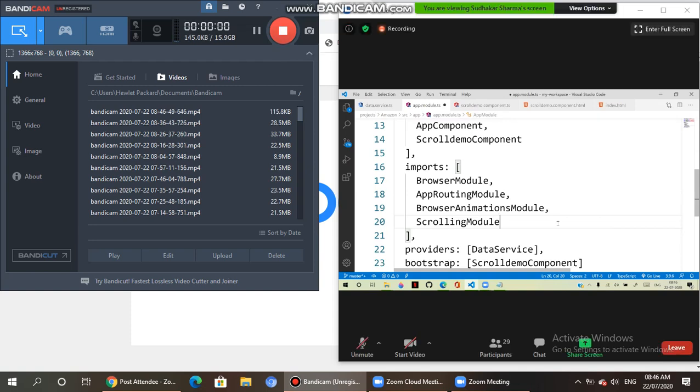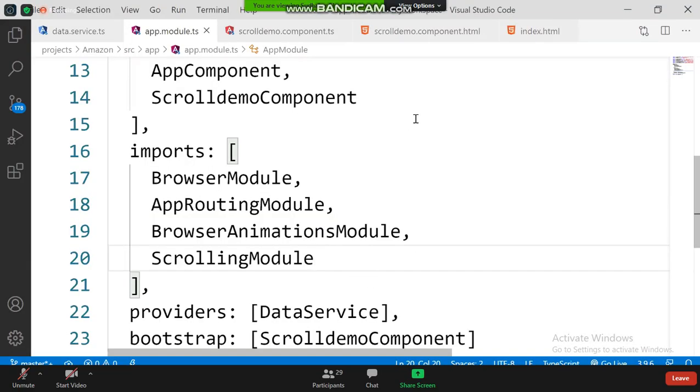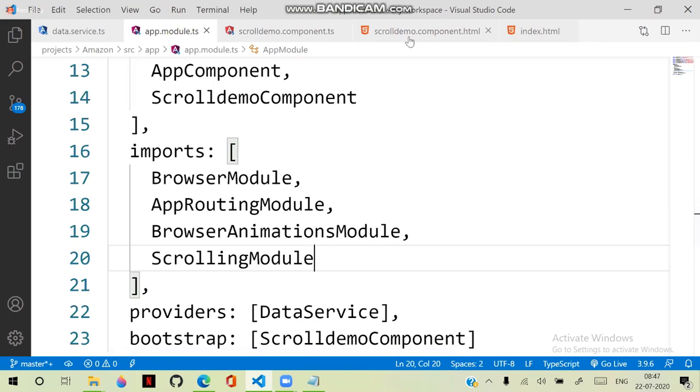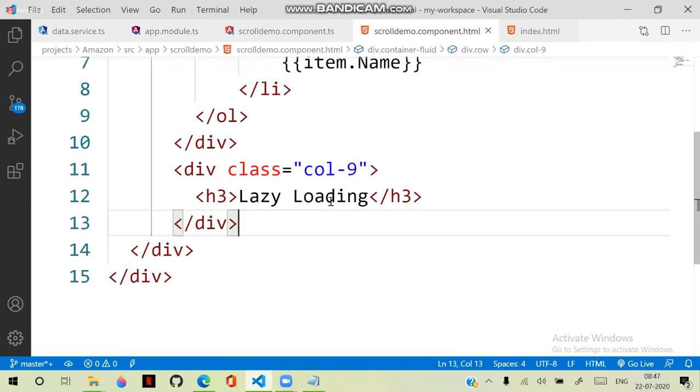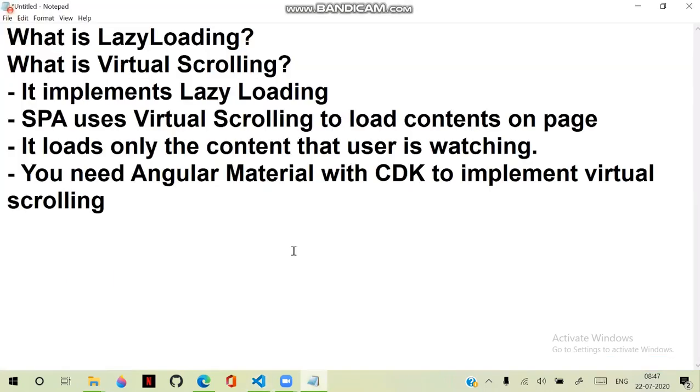Okay, the scrolling module is ready. Now what we need to do is implement this in our div. So here in the presentation we have to implement the scrolling. If you want to use that scrolling module, you need